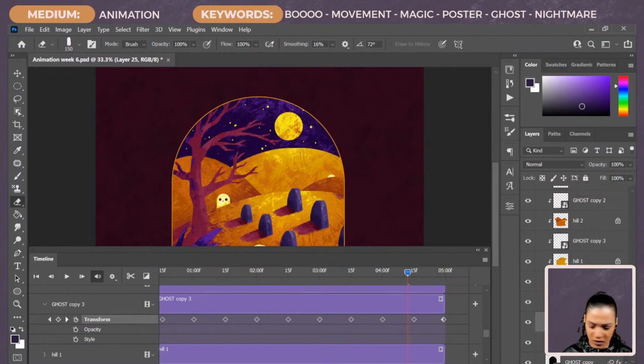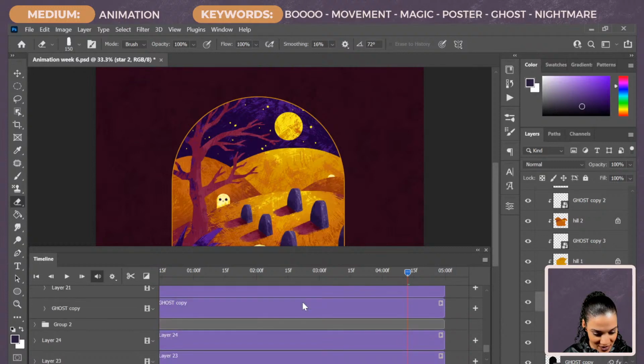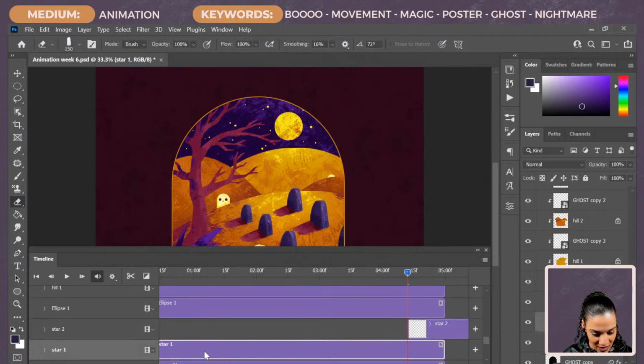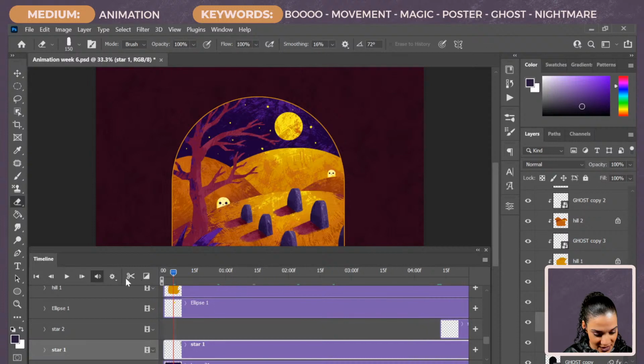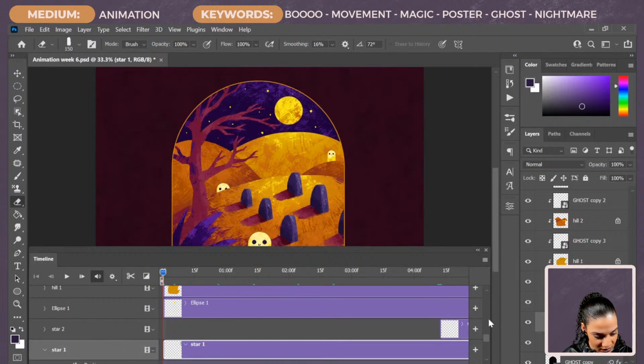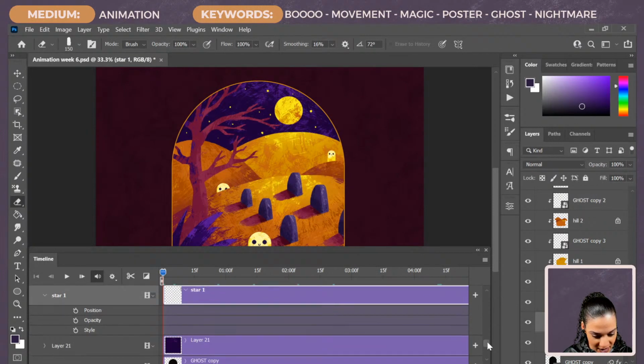So let's see, star 1, star 2. Okay, I'm gonna see if I can do this real quick. I got a minute and a half. Let me find my stars here. I am going to simply do an opacity change. So this one is going to start at 0 opacity, if I can do that. Yes.